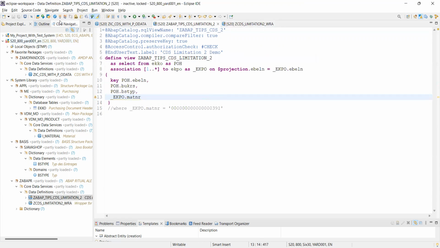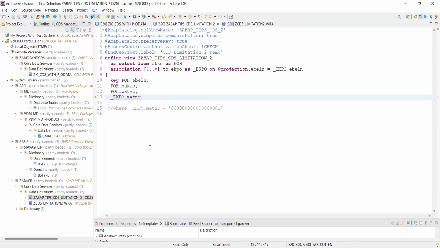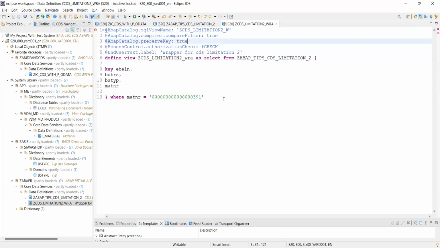You'll have to activate, basically let me activate this. Okay, so now it's activated, and this time the error should be gone. Just click on this validate button, and now you can see that the error is gone. So this is what we can think of as the best probable solution, right? If you are developing from scratch, this is the way you are supposed to develop. First create the main CDS where you are accessing the material, and then create a wrapper CDS, and you can